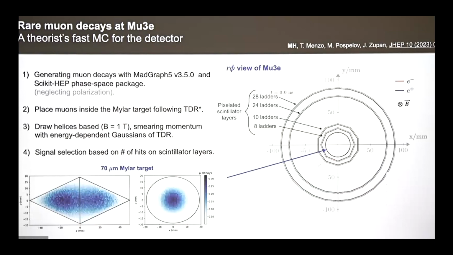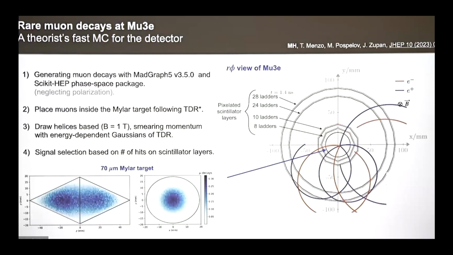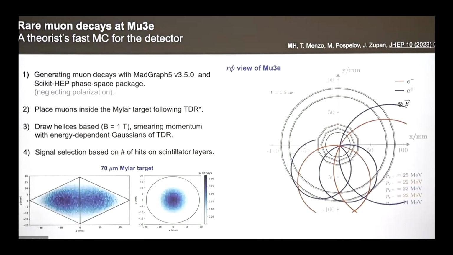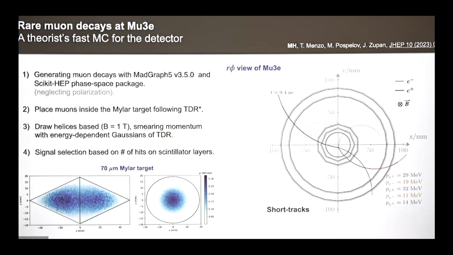Okay, so then we have all of these layers. Our simulation takes events inside of this region, but it's great actually to know that they will be on the surface, so you're more likely to hit the layers. Here are some examples. These are events that would be very well reconstructed. If you put this on the edge, that would be even better. You have some other tracks that are a little bit shorter. If it's on the edge again, for example, this blue might hit the outer layer, so that would be even better. And finally, you could have situations where there's a lot of tracks overlapping each other.